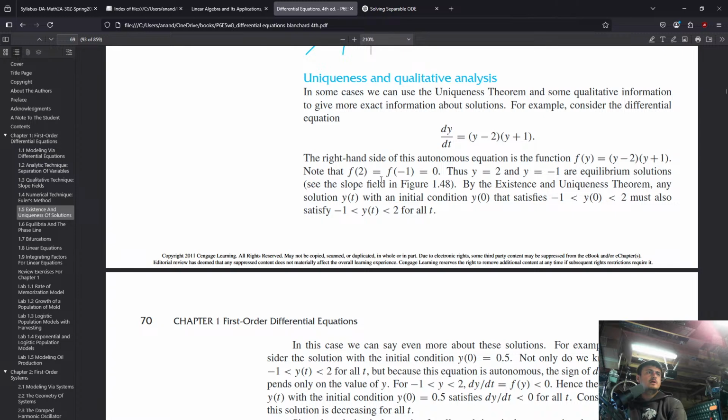Okay, so we have equilibrium solutions 2 and -1. By the existence and uniqueness theorem, any solution y of t with an initial condition